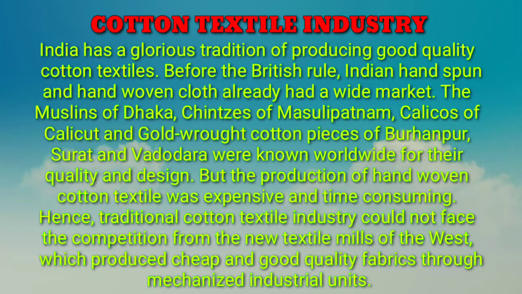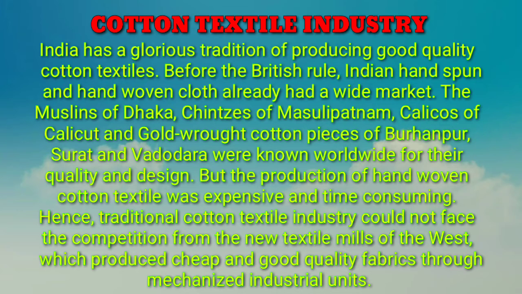India has a glorious tradition of producing excellent quality cotton textiles. Before the British rule, Indian hand-spun and hand-woven cloth already had a wide market. The muslins of Dhaka, chints of Masulipatnam, calicos of Calicut and gold-wrought cotton of Burhanpur,